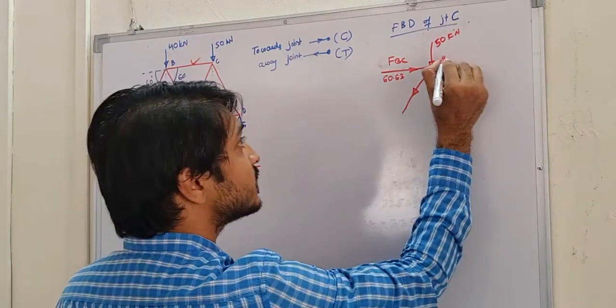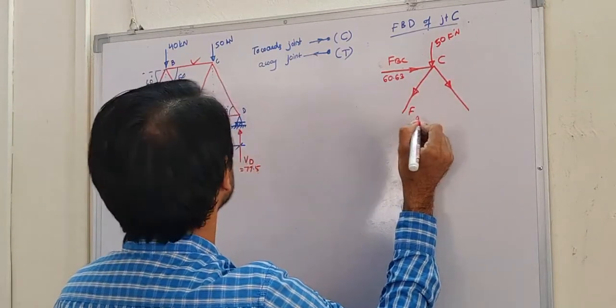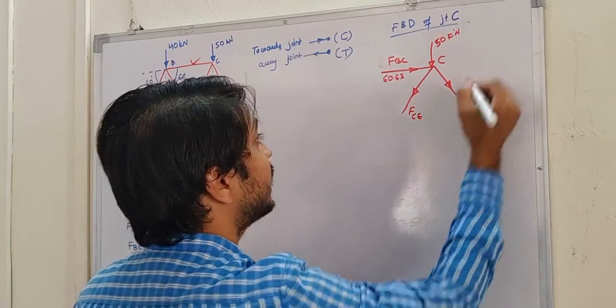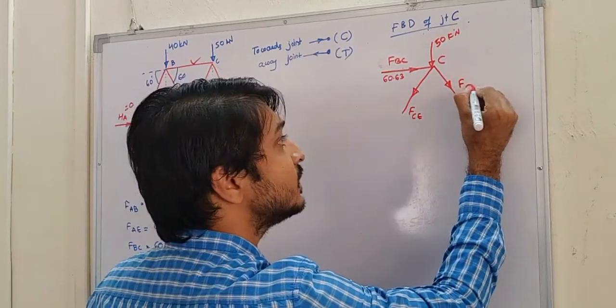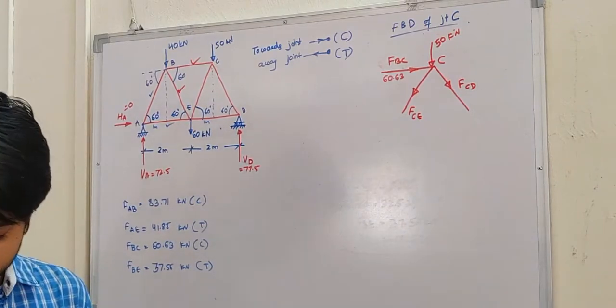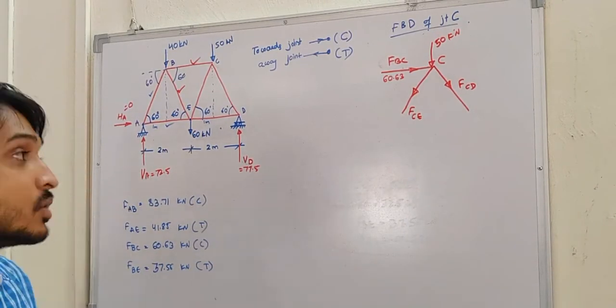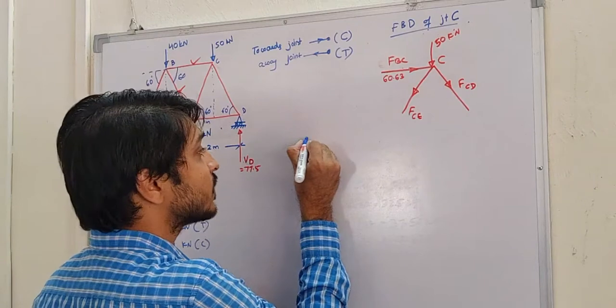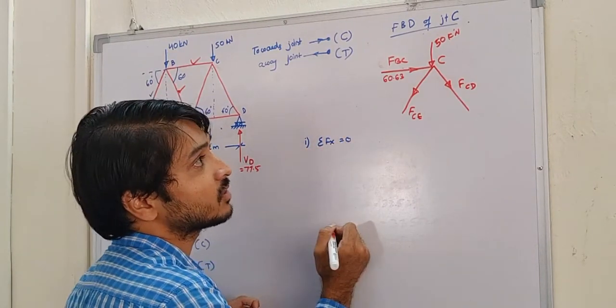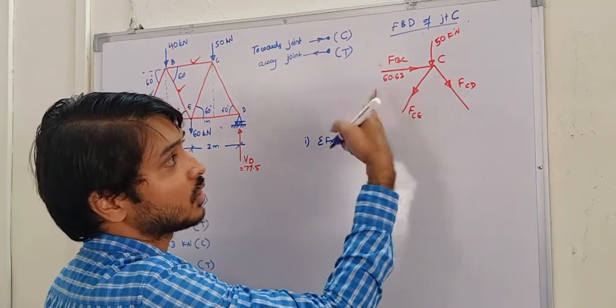So this is joint C and this one I'll call it as FCE, and this one I'll call it as FCD. Force in the member CD and force in the member CE. So apply the two conditions. First one, summation of Fx equals to 0. If I take summation of Fx equals to 0, this is horizontal